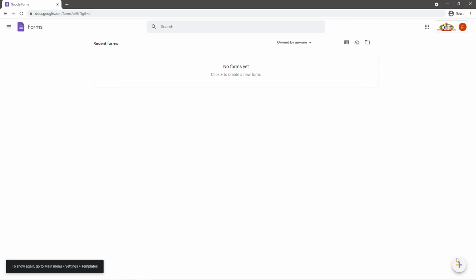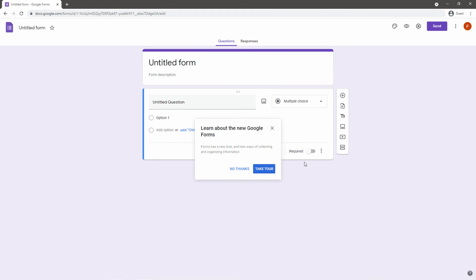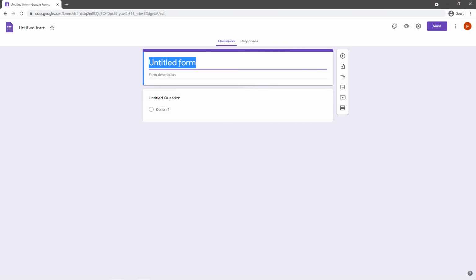So now what we have to do is click this plus button, and this is the layout of the form we have to work with. You just create a form title.